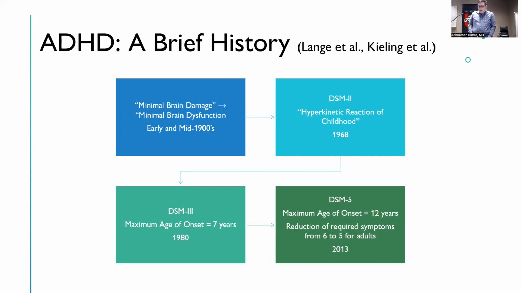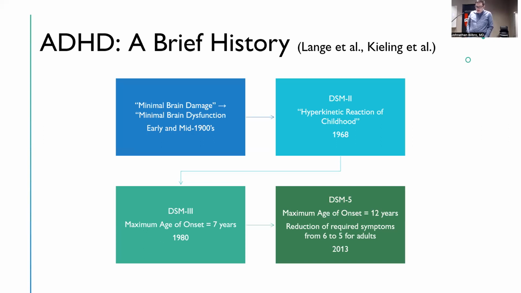So moving ahead a bit more, we get to something we're a bit more familiar with now, the DSM. So in 1968, DSM-2 was released, and it had a disorder that was called the hyperkinetic reaction of childhood, and it was described in the following two sentences. So it said, the disorder is characterized by overactivity, restlessness, distractibility, and short attention span, especially in young children, and the behavior usually diminishes by adolescence. So, a nice short summary of some symptoms and presentation that we usually associate with ADHD today.